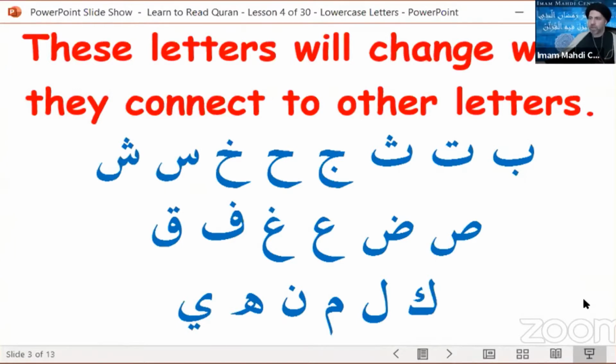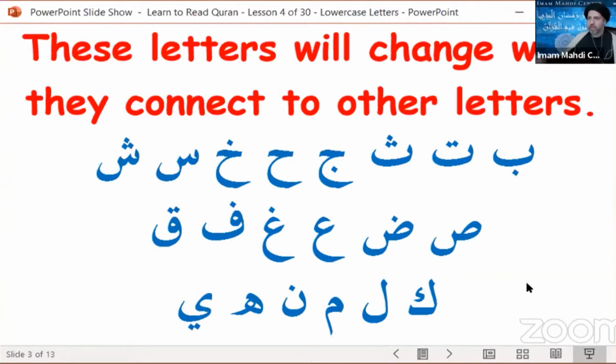And these letters that you see here, they will change when they connect to other letters. The Ba, Ta, Tha, Jim, Ha, Kha, Sin, Shin, Sad, Dad, Ain, Ghain, Fa, Qaf, Kaf, Lam, Mim, Noon, Ha, and Ya. These letters, they will have a different form. They will look different. Now, the way that we go from a capital letter to a lowercase letter in most